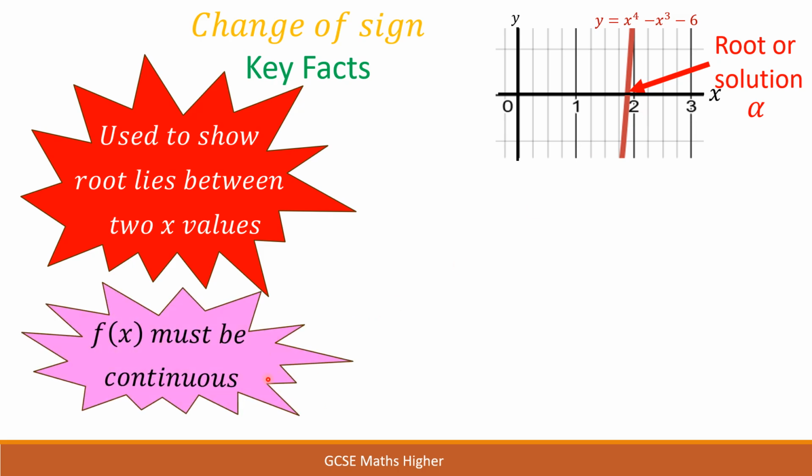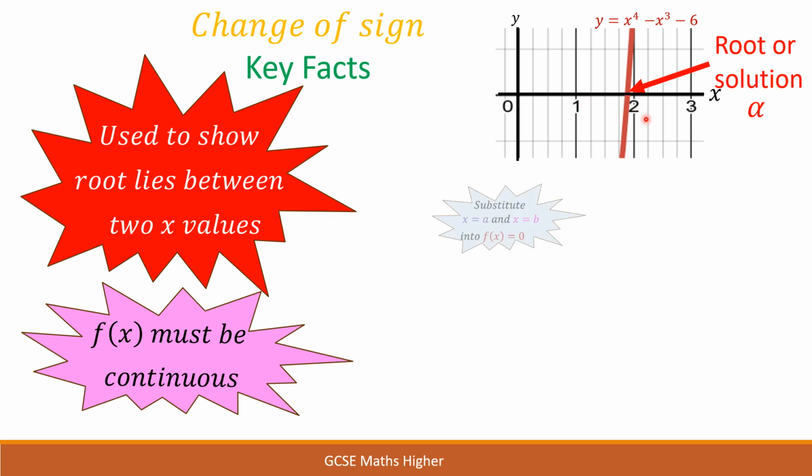Now your function must be continuous. So this is a continuous graph because there is no gap in the graph. A non-continuous graph could look like a horizontal line, a gap, and then jump up here and go horizontal again. So that is what a non-continuous graph would look like. But this graph here is continuous, so it continues between where the root is here, between my 2 points here,